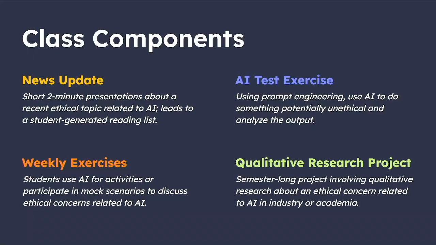And then finally is their qualitative research project. They partner up with one other student. They have to create their own study. They have to figure out their sampling methodologies. They have to figure out what questions they're going to ask. We talk about effective questioning. They analyze the data. We do both inductive and deductive coding in the class. It is a very small project. For anybody who has done qualitative research, you know how time-consuming it can be. They do not have a large sample size on purpose, but at least it dips their toes into what that is. So all of these hopefully are springboards into future coursework or future projects for them in terms of AI ethics and or qualitative research.